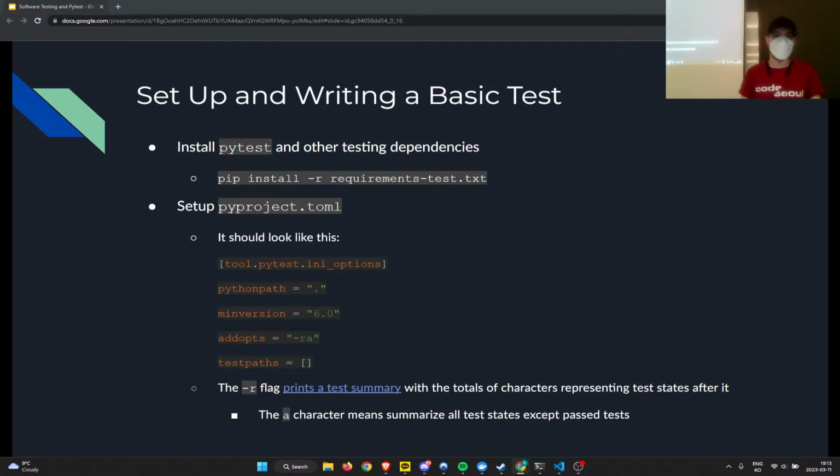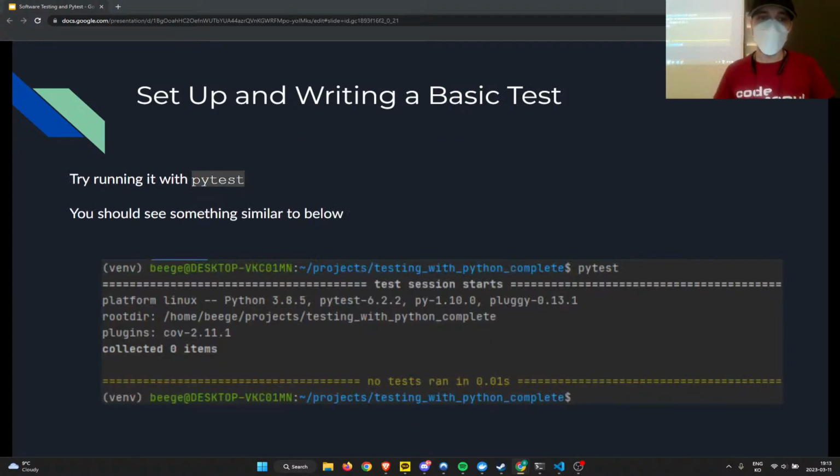You good? All right. So once you've got that set up, we have everything we need to run Pytest. If you just type pytest in your terminal and hit enter, it should just work. And you should see output like this. I originally did this on Windows? No, that's WSL. That's right. The desktop part confused me. So is everyone able to run Pytest and get output like this? Cool. All right, so far so good. You've run Pytest. That's a good start.